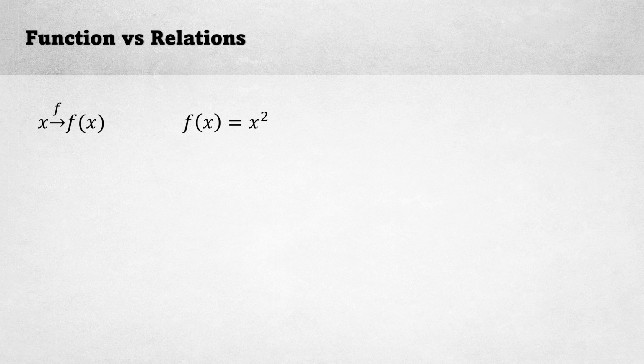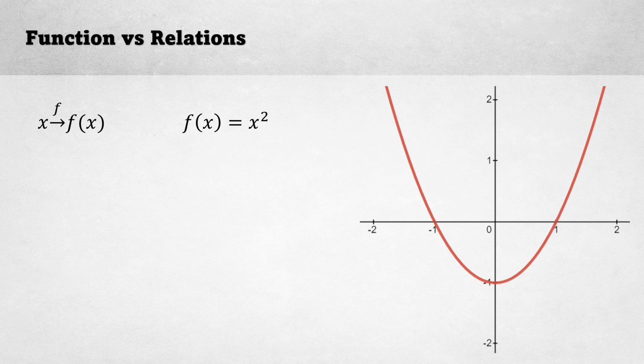Here's a function that maps x values to f of x and has a function notation f of x equals x squared. In this example, the name of the function is f of x, where it takes x and squares it. Looking at the graph of the function, we can see that f of x is a function because every x value is paired with only one unique y value. We can check to see if a graph represents a function by drawing vertical lines. If every vertical line drawn intersects the graph at most once, then the graph passes the vertical line test and represents a function. A graph of a function represents a one-to-one function if every horizontal line drawn intersects the graph